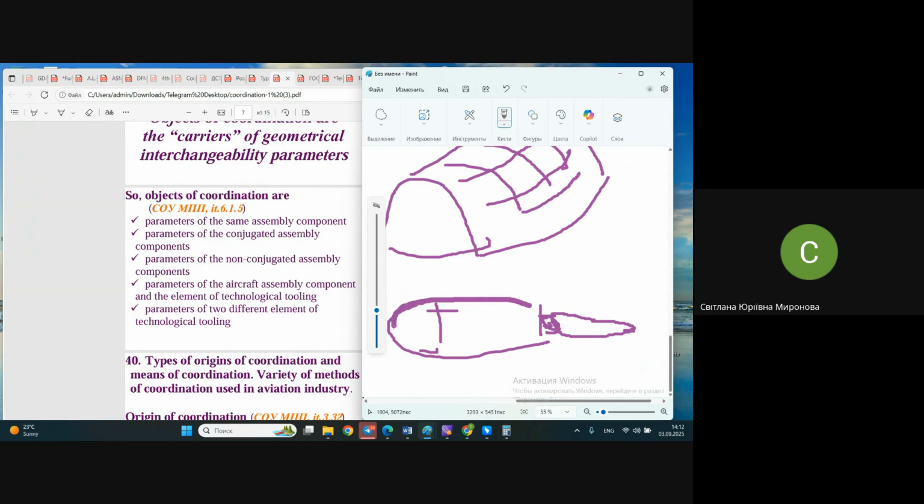Theoretical outline of the wing, and here we have a flap hinged onto a point. The point belongs to the bracket on one hand, and in the flap they have one more bracket. So this point, the axis of the hole,